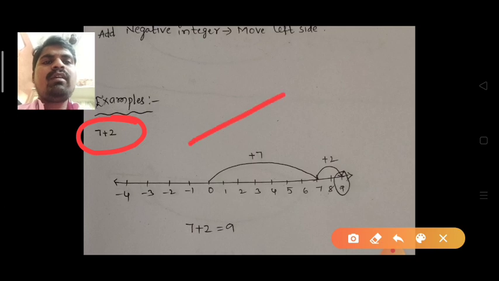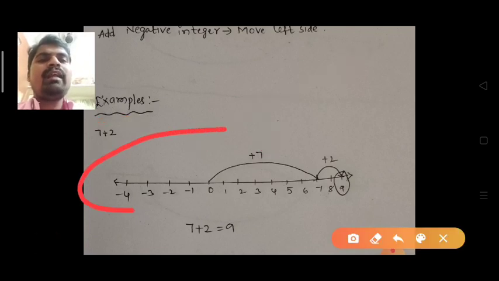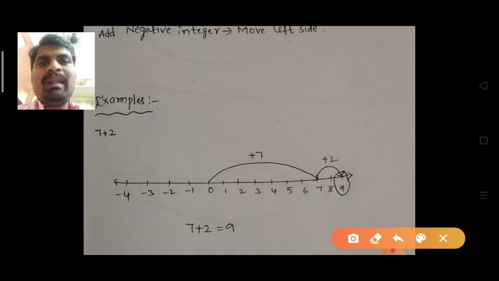So first of all, you have to draw the number line, middle 0 and right side positive numbers, left side negative numbers. So you observe carefully, here the number line is there already. So here the first one, 7 plus 2. First of all, you have to start from 0. So 0 is there. 7 is positive, so you have to move right side of the number line. So how many steps here? 7. So 1, 2, 3, 4, 5, 6, 7. So this is the first step, start from 0 only. Next again you observe here plus 2. Plus 2 is also positive.